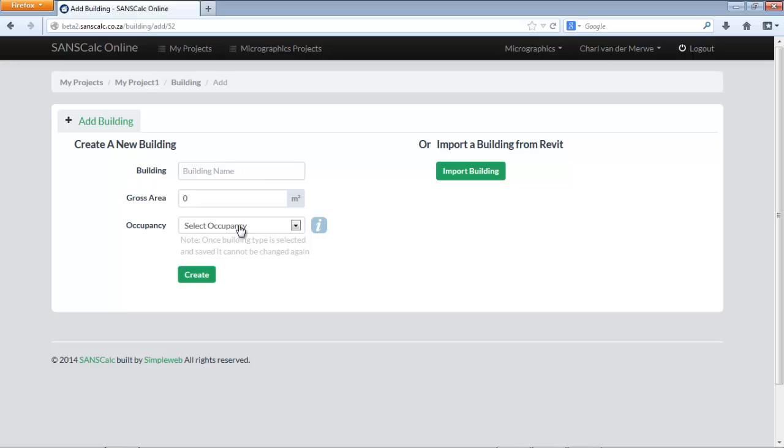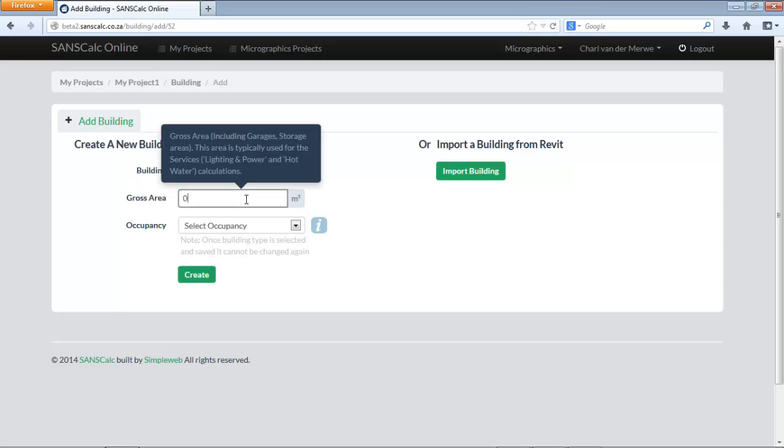You can either add a building manually or import data from a database file that was generated by exporting elements, fenestration elements specifically, from Revit into a DB file. This DB file you can import, and it completes 50% of your fenestration input, obviously increasing your speed and productivity. Right, at this stage I'm just going to create a demo building